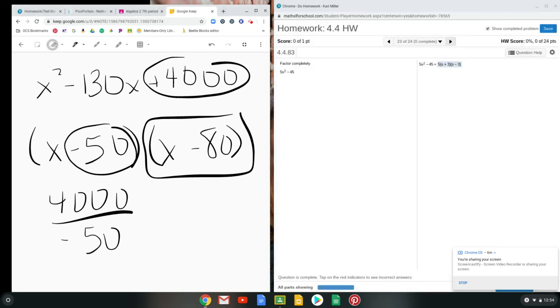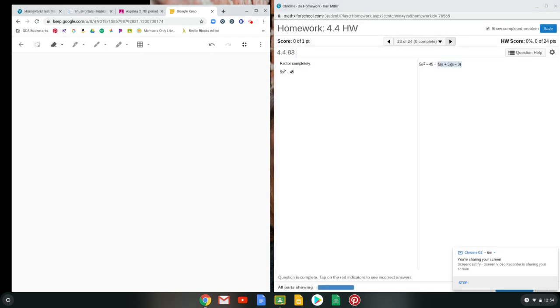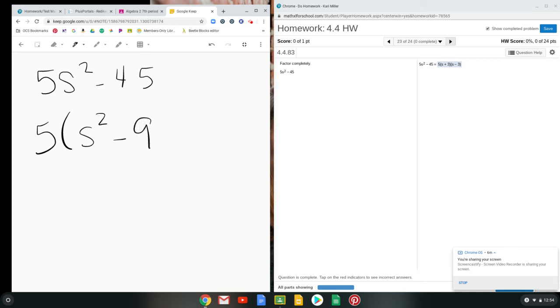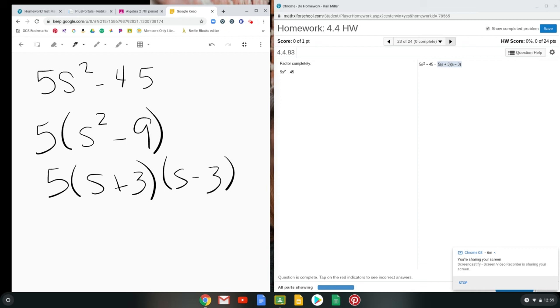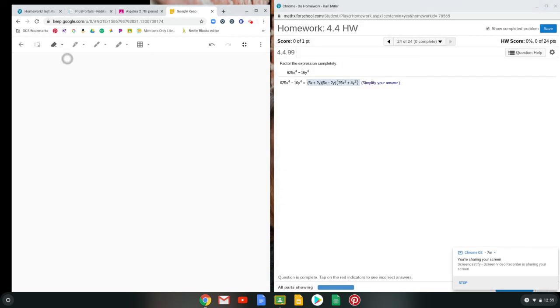Number 23 is another one of those problems where you have to do the greatest common factor. Notice it says factor completely. Whenever you're writing this one down, make sure that you pay attention to that. Okay, so then you're just going to do the greatest common factor. We already did one similar to this before. And then the last one, number 24, is one we haven't done